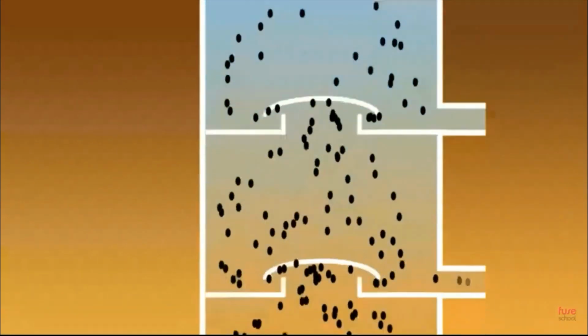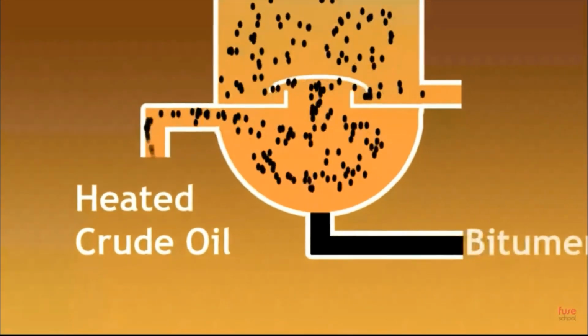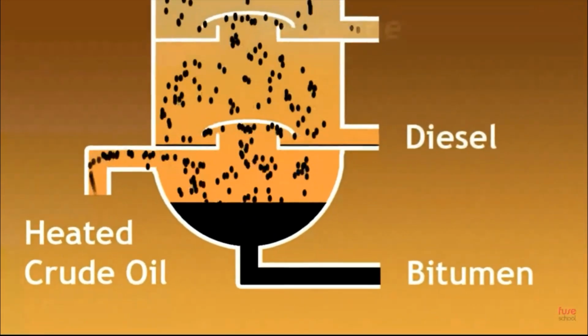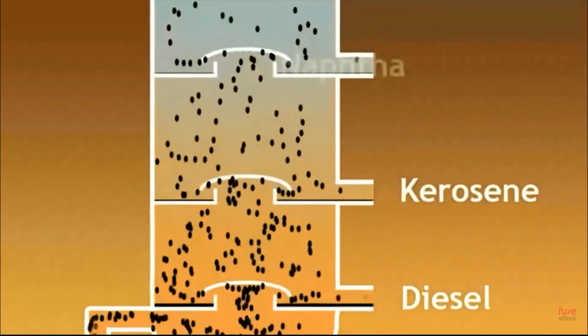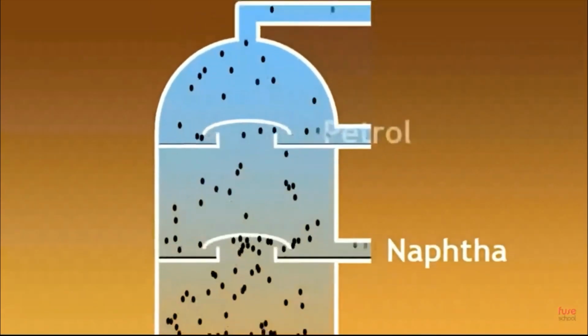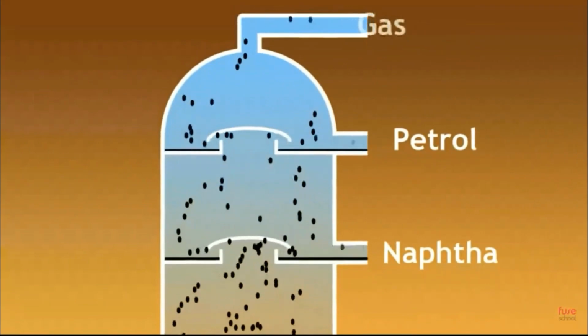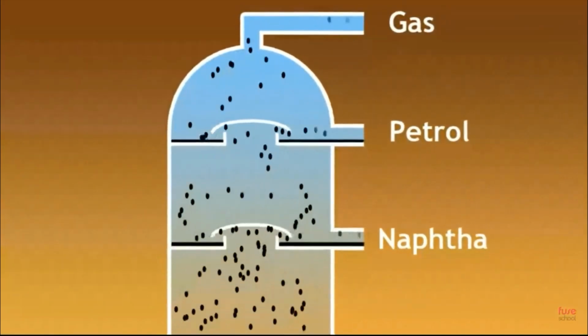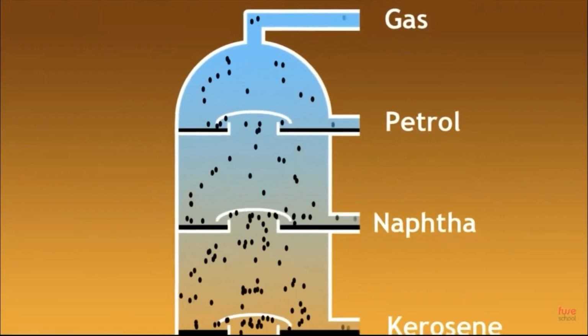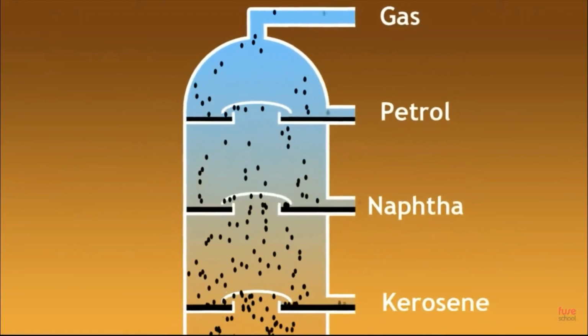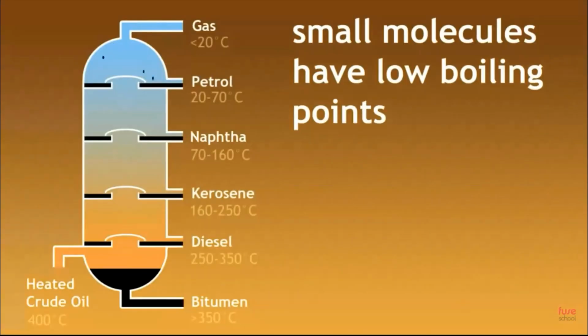Once inside the column, the long-chained hydrocarbons begin to condense back into liquid and are collected at the bottom of the column. The rest of the molecules rise up the column and make their way to a specific tray which cools down the vapor, allowing it to become liquid again. These separated liquids are now called fractions.